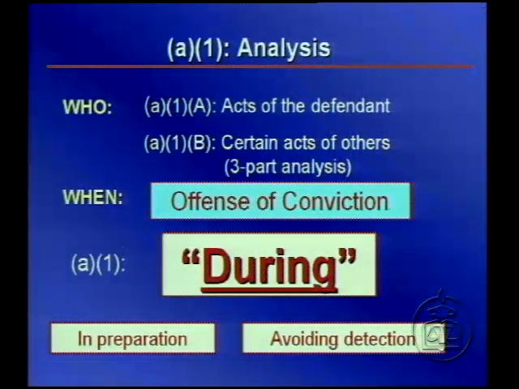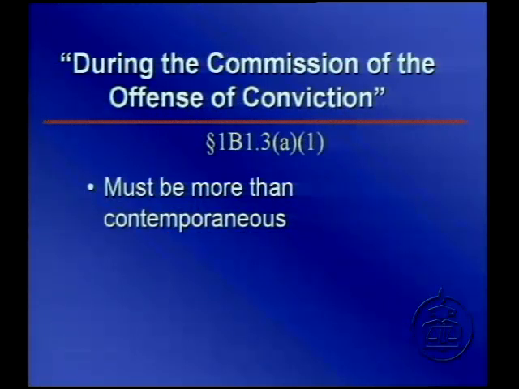Sure, Rachel. And I think one area that sometimes rises to a level of difficulty for some people is when you're dealing with conspiracies. That's where the difficult questions sometimes come in: what is an act during that offense of conviction? There are basically two things that we're looking for when we're looking to the during aspect. As you can see, we're going to be focusing a lot on the acts of the defendant and the acts of others. But right now, we're just going to focus on the during aspect of it, during the offense of conviction. During the time, the first thing that we want to look to is obviously the timing of that